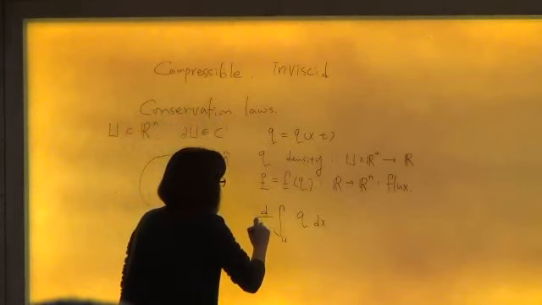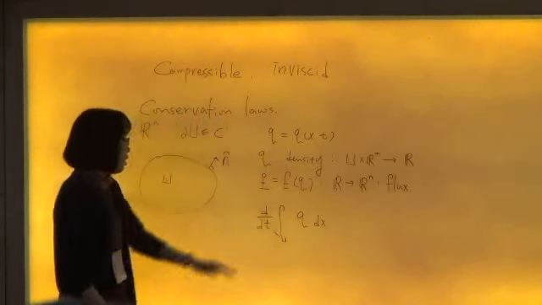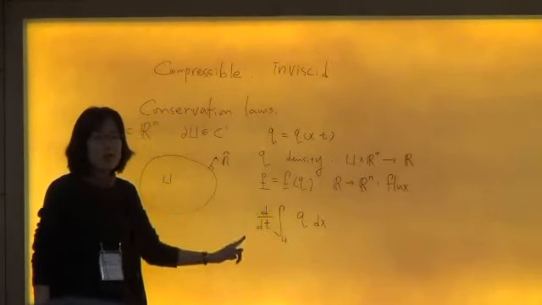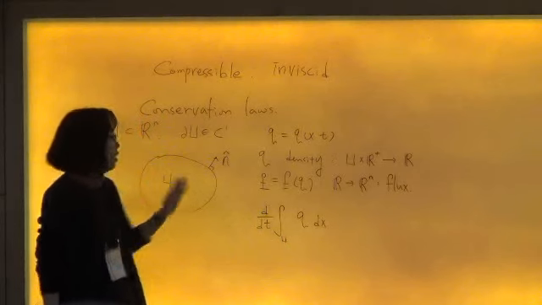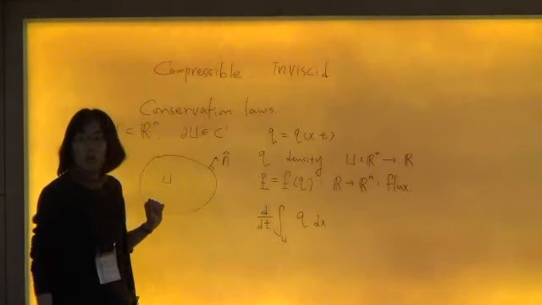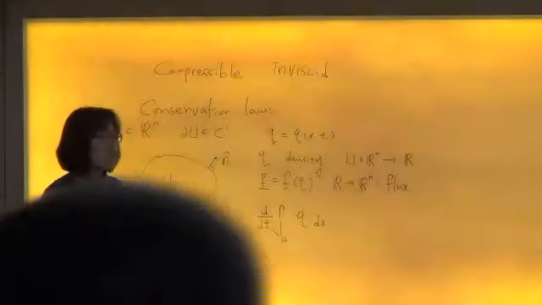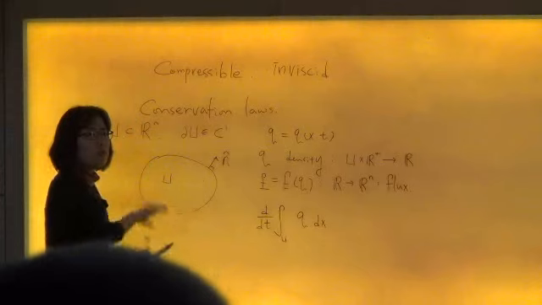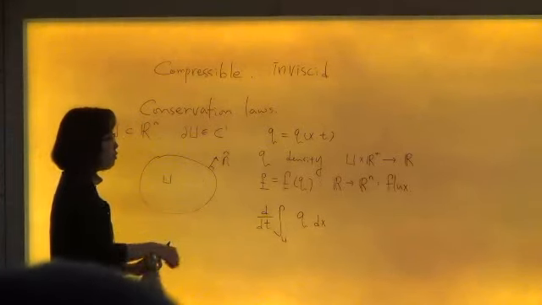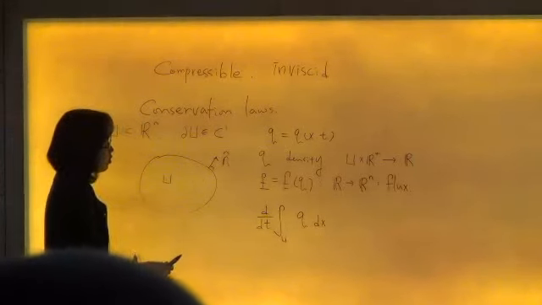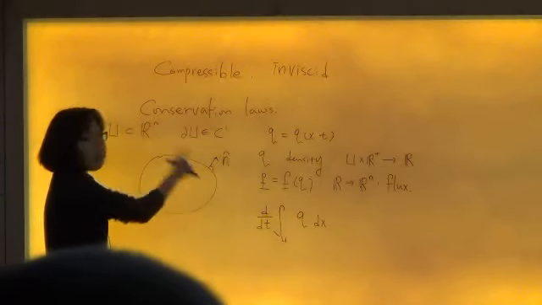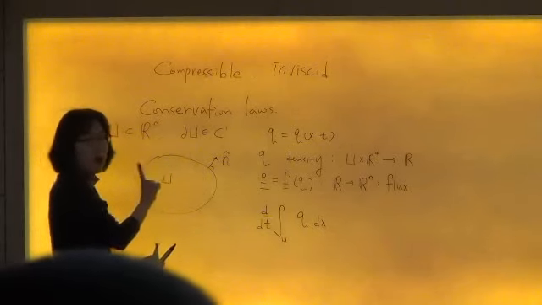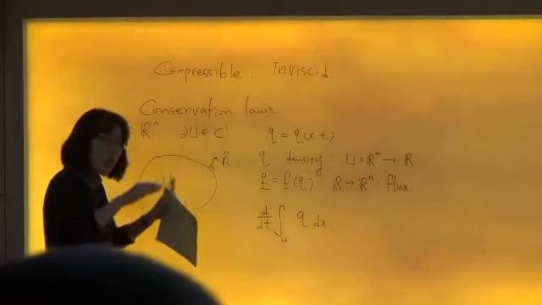If we take the derivative with respect to time t here, what does this mean? You look at the total mass, and then you take the time derivative. So this measures the change of the total mass in the domain U with respect to time. Physically, if there is no artificial input or output, the time derivative of the total mass depends on the total flux coming through the boundary, right? So you simply look at what happens on the boundary, then you will automatically know what happens to the total mass